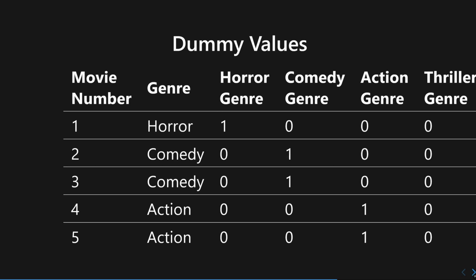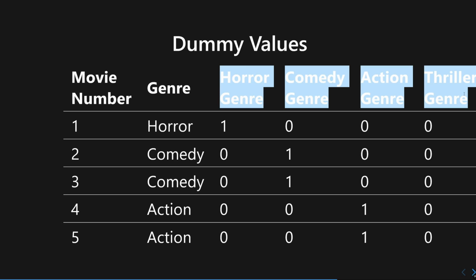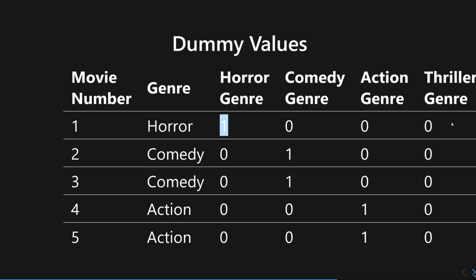If it's comedy, you mark 1 for the comedy genre column and 0 for everything else. You do the same for every single row, and you end up with a data set that looks like this. So you can now discard this genre column, and now you have what are known as your dummy columns or dummy variables, with dummy values 1, 0, etc.